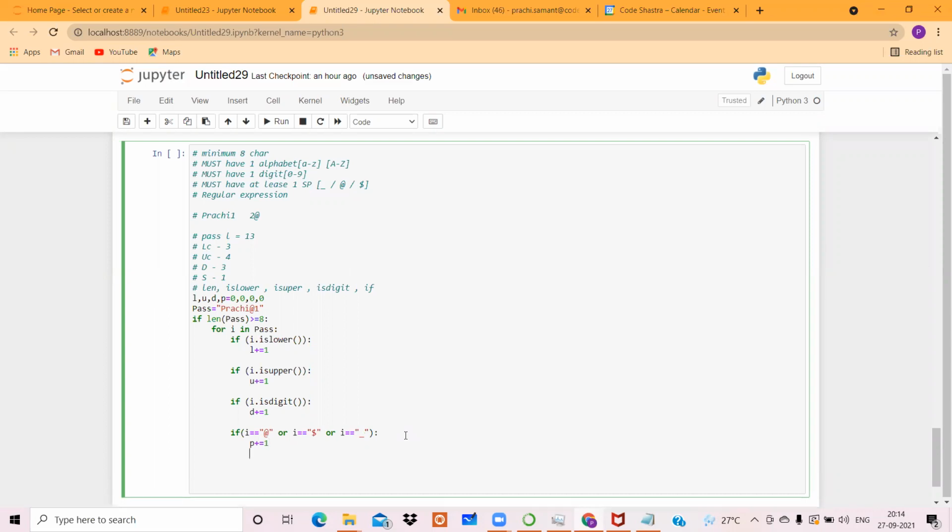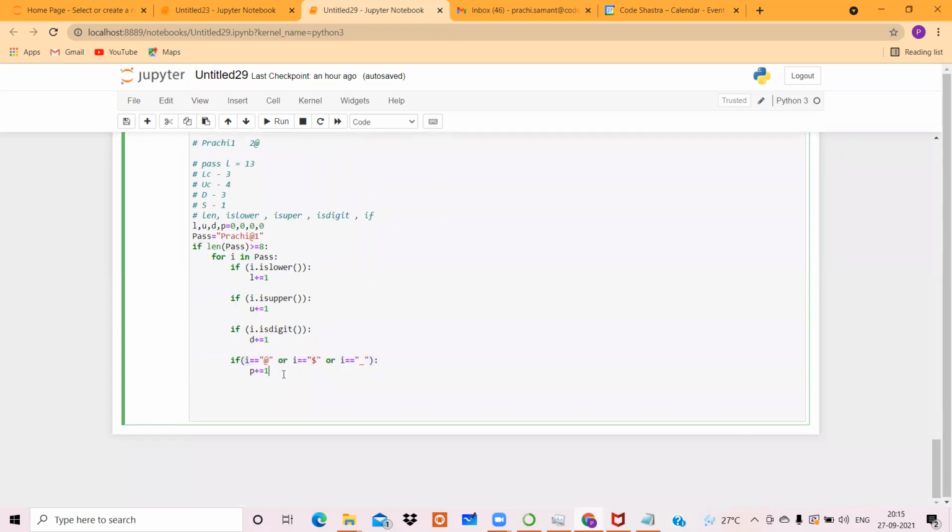So यहाँ तक we are simply checking that is the length greater than 8. अगर length greater than 8 है, then and then only it will come to this for loop and it will start parsing each and every character. If the past character is a lowercase, the lowercase का counter increment होगा. If the past character is uppercase, तो uppercase का counter increment होगा. If the past character is digit, तो digit का counter increment होगा. If the past character is @ or if it is dollar or if it is underscore, तो उसका respective counter increment होगा. And final thing that we have to check, that if all these things are true, then you have to check one more if condition. What is that if condition?